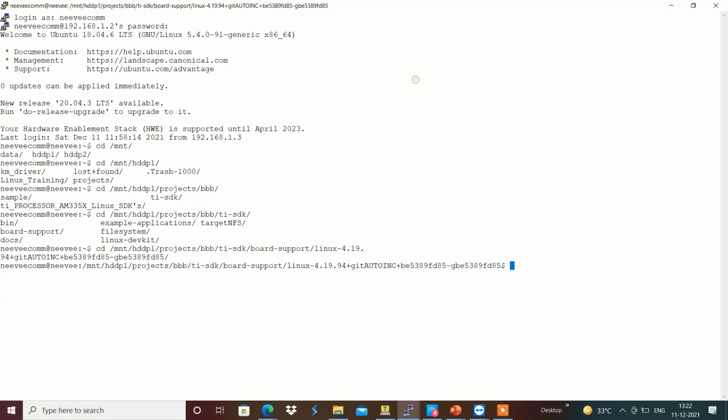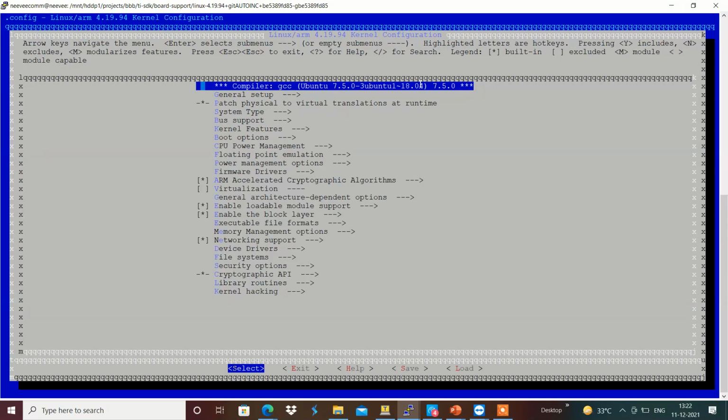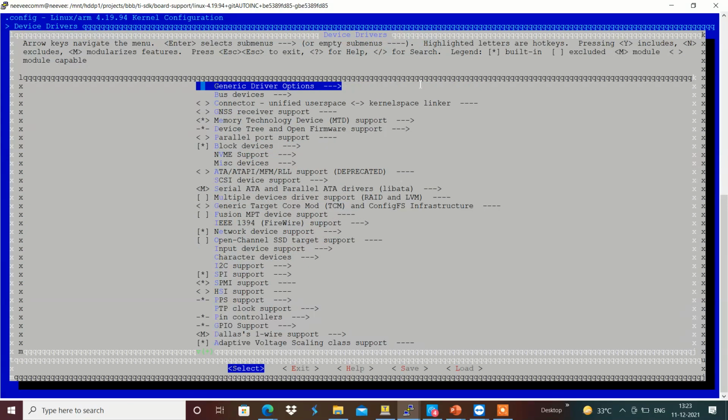Here, for example, in the device drivers, this is the kernel source.